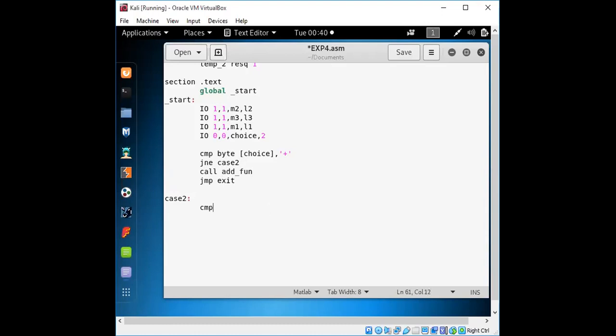If it is the first choice, that is addition, then it will call the add. If not, it might be the second choice. If not, then it will be a wrong choice. That is the default convention that we need to apply. So it will be checked with the second option. Choice with the second thing.